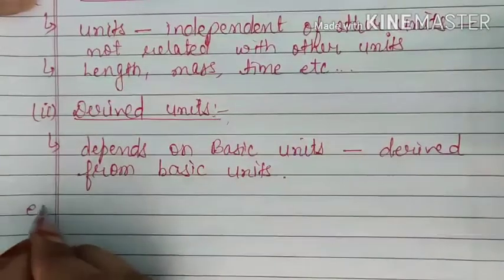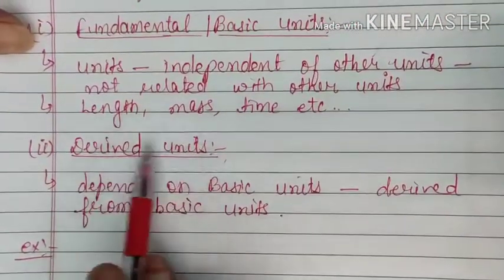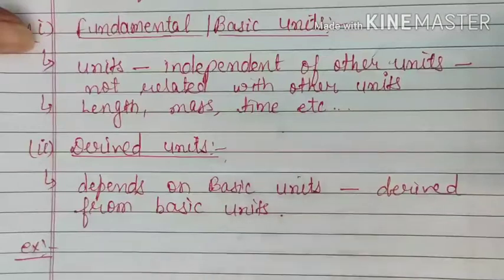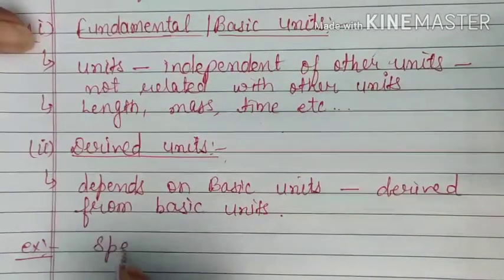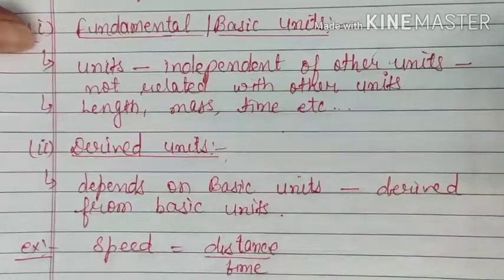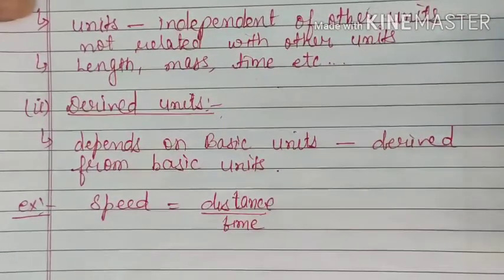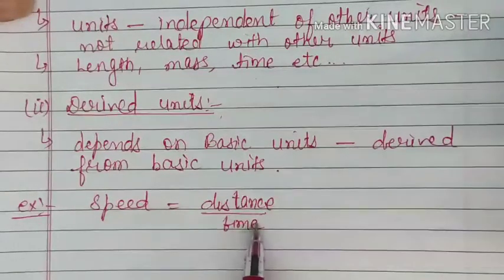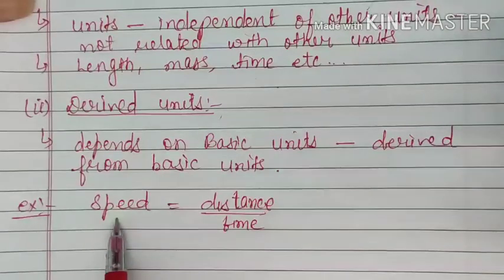For example, here we have seen only 3 fundamental units. Rest of the units we will see right now. So suppose here we are writing speed. Speed is equal to distance upon time. This we already know. That means how much distance is covered in per unit time is known as the speed of that particular vehicle. If we want to derive the unit, we must know the formula for that particular physical quantity. Without this formula we won't be able to derive a unit for speed.